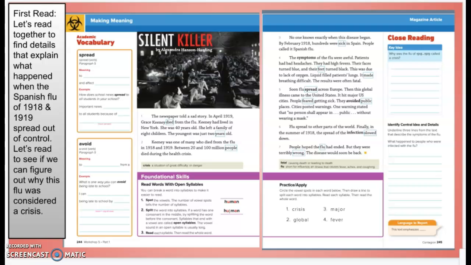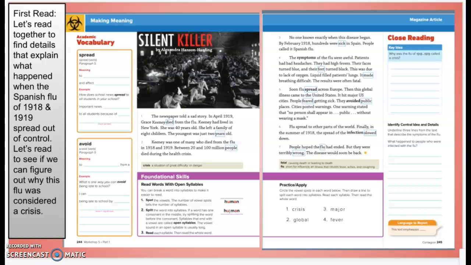Now, as we were reading this, I know because of what we're experiencing today with COVID-19, we can really make some strong connections, especially if you look at paragraph 5, where people can't go out into public without wearing masks. We're living that right now. And so, again, I think you can have a little bit more empathy or compassion and understanding of really how bad this epidemic or this global crisis was.